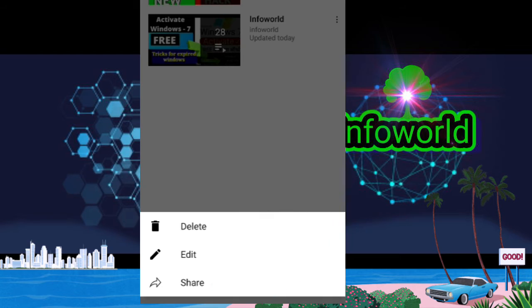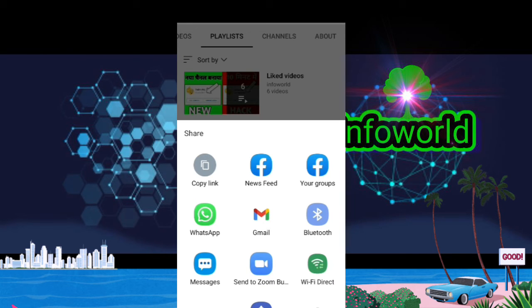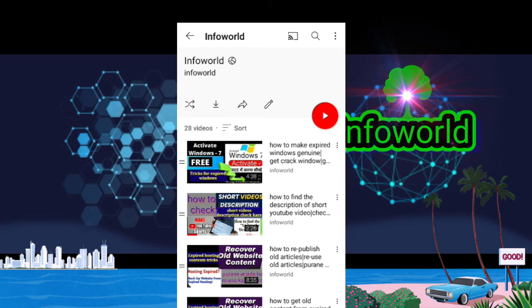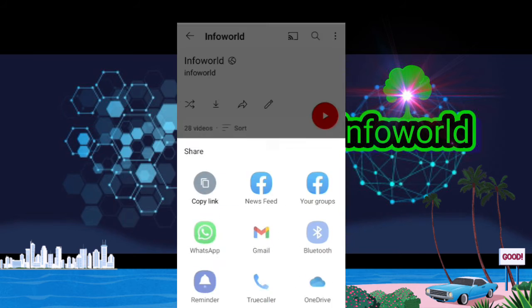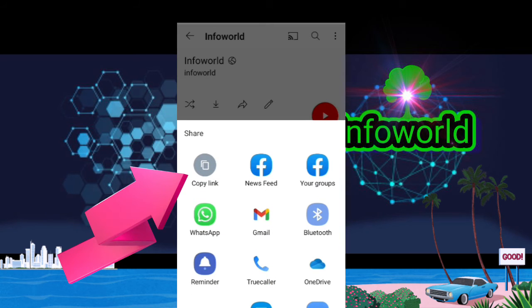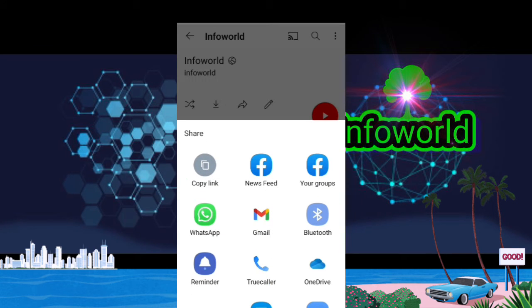After you click on share, then copy link, and we have a second option to copy the playlist link directly. You can see the share button. Click on it. Once you click on it, then click on copy link and keep it with you.